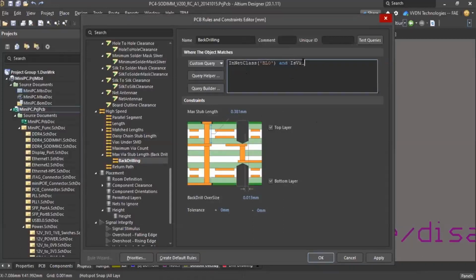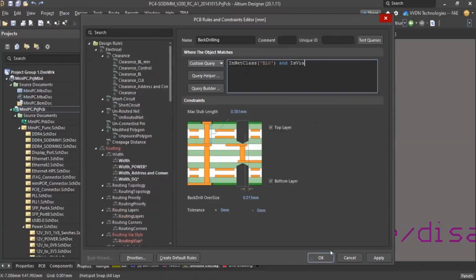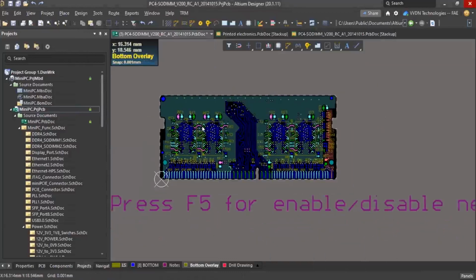If you are not mentioning is via, then it will consider the through hole pads as well. We are allowing the component pads, and only vias we are back drilling, so you have to include is via, so that it will verify, and if it is not matching, then it throws an error. I think that's all I want to show in the classes.